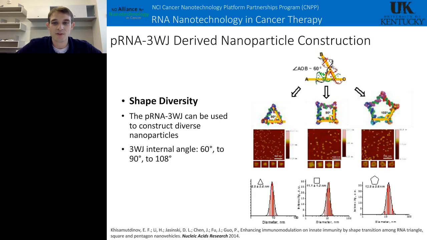We have the AFM images, and we see very distinct and compact nanoparticles, and our dynamic light scattering data shows very uniform shape and size. Because of this, ultracentrifugation is perfect for us to use to purify these nanoparticles, because they will all migrate distinctly based on their sedimentation rates.